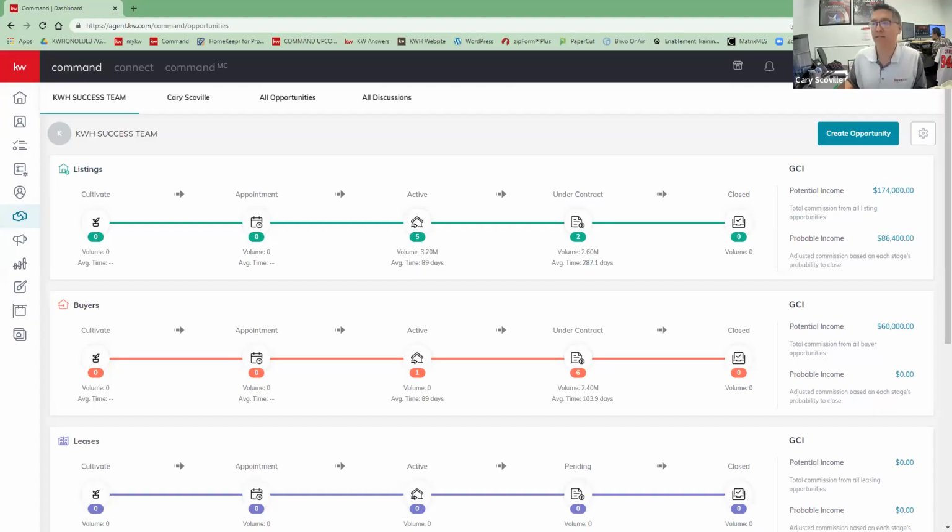So at this point, if you are able to kind of multitask, I'm going to share my screen. If you can have your Zoom and also open up your Command, we definitely want this to be a very, very workshop-y session. So you guys got my Command screen going on right now? Yes, awesome.